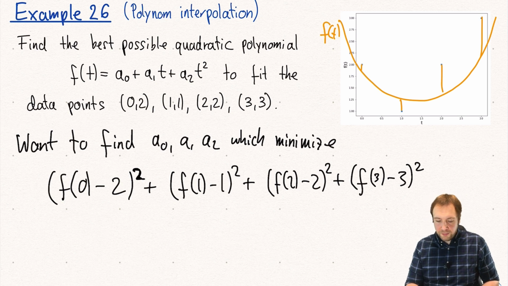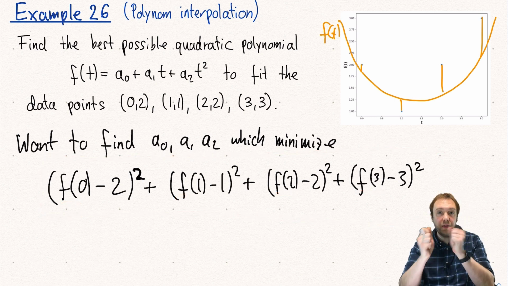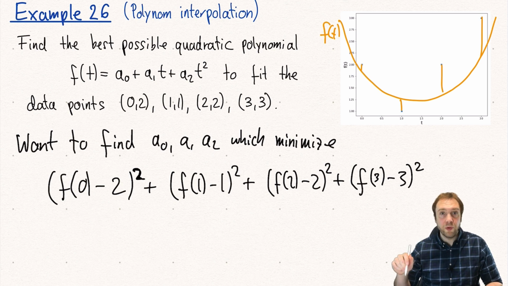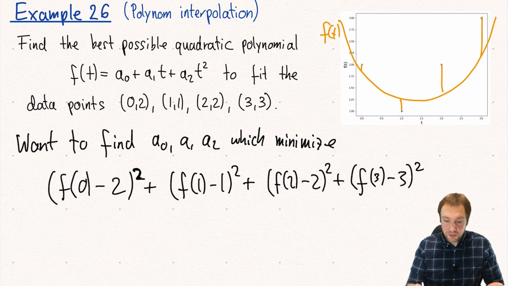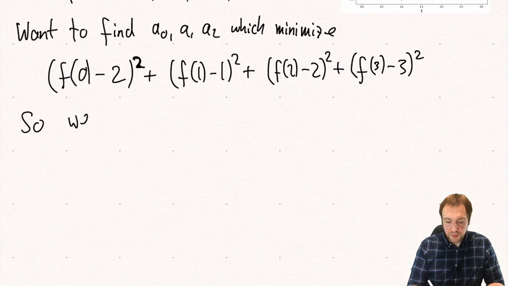And this basically just means that if you interpret this as a vector in R4, then this here is basically the norm of the difference of these two vectors, except that we don't have a square root. But if you want to minimize something, then we actually can ignore the square root. So in this case here, so we want to find